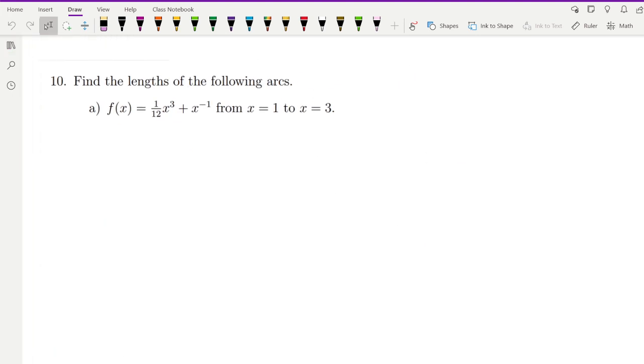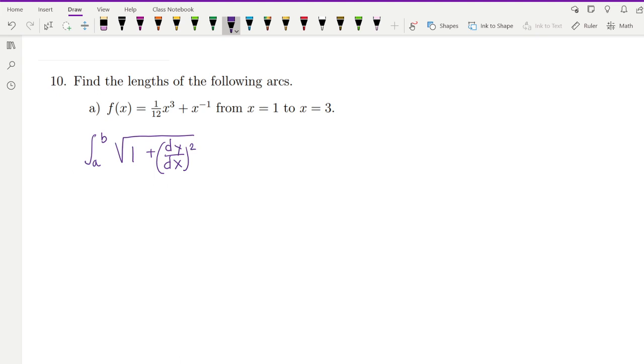Okay, so next up we have this arc length problem. Just to remind you, I'm giving you all of the formulas for all of these new topics that we've discussed. I know that there's a lot of them. So you will have on the test formulas for arc length, and all of the stuff involving parametric and polar equations. The formula for arc length, if your function is given as a function of x, is the integral from a to b of the square root of 1 plus dy dx